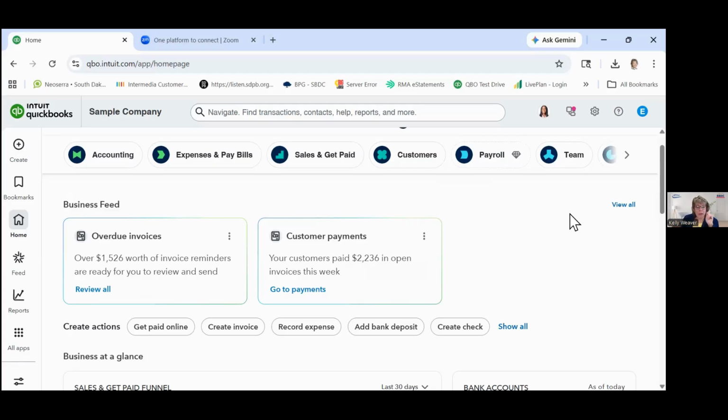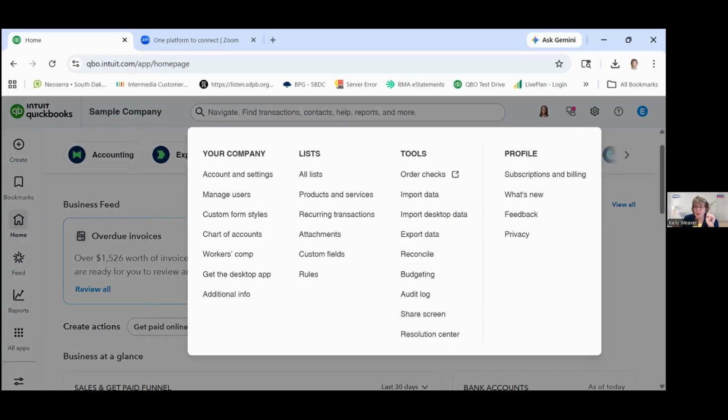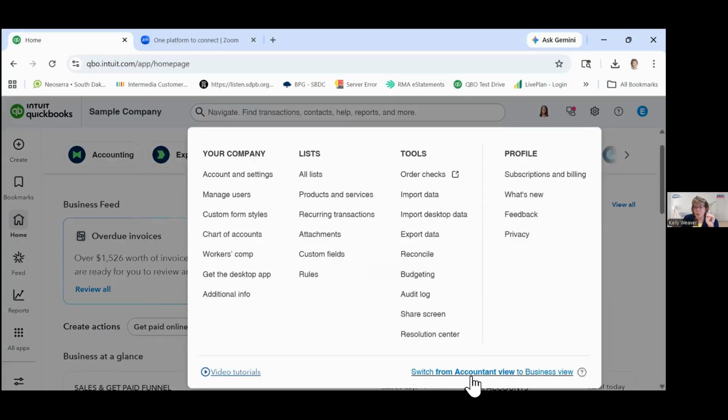Also, I'm not sure if this is something that still exists, but I'm going to click up here. Yeah, so there's an accountant view and a business view. And right now it's in accountant view. The difference between the two is more language related. An accounting view would talk about things more from an accounting terminology, and a business view would talk about things more from a common language perspective. For instance, an accountant view might say accounts receivable, where a business view might say people who owe me money. So same thing, just spoken in a different way.